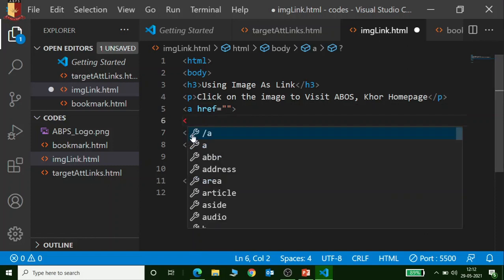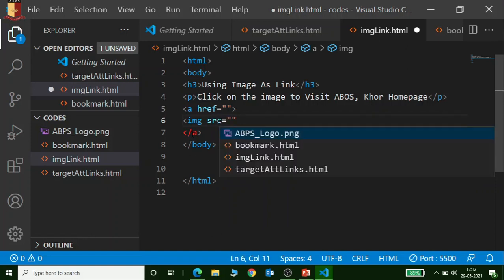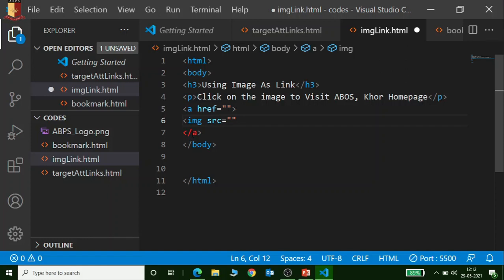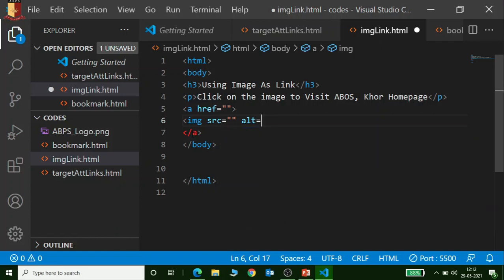So I'm placing another tag here, that is image with src, source. Src means source, and here we will give the source where the image actually exists. Okay, and you can use one more attribute, that is alt. Alt is the alternate text: if the image is not displayed by the browser, or sometimes the image is not available, then some alternate text will come.